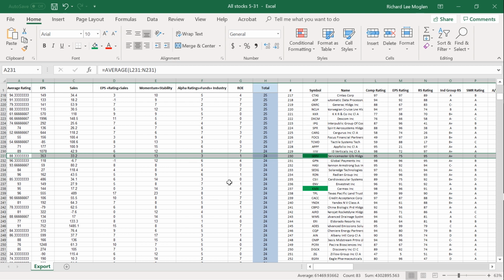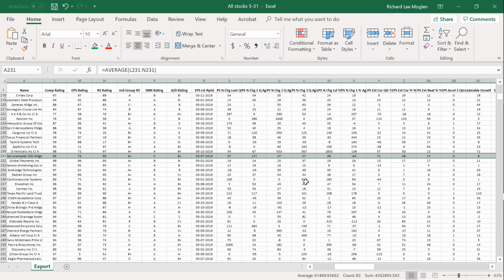Now moving on to SERV, you can see that both SERV and KMX are actually much lower fundamentally than the other stocks. SERV is ranked number 230. Looking at the earnings report for SERV, we can see that it actually was negative a year ago,